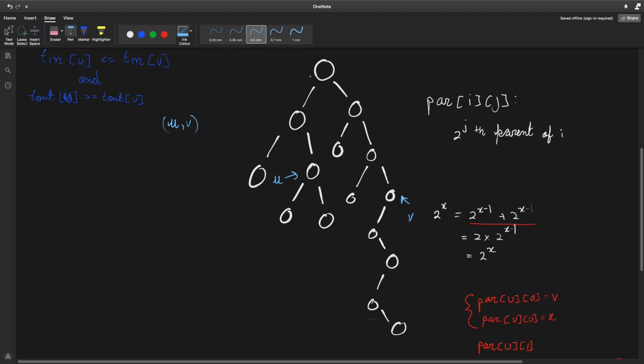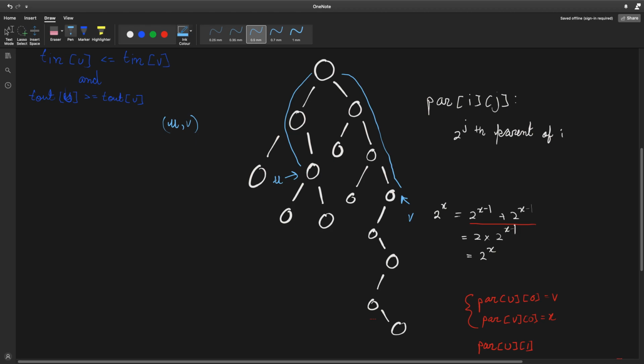What we want to do is divide this query into two parts. We consider the path from the root to u, and the path from the root to v. And we've divided this query into two vertical chains now. Now we already know that we've computed this binary lifting table on parents. So now what we can do is,